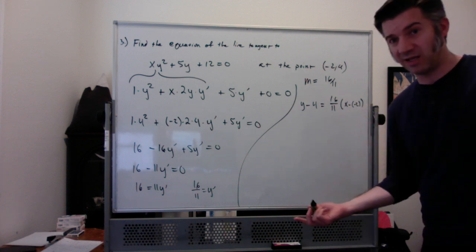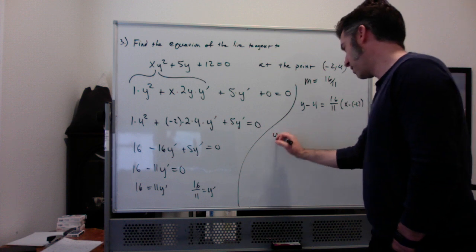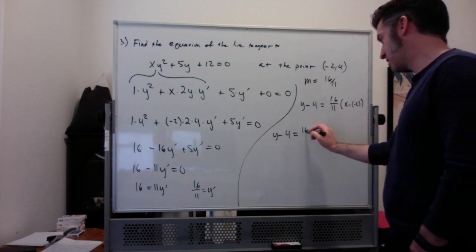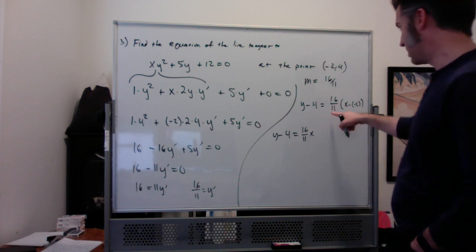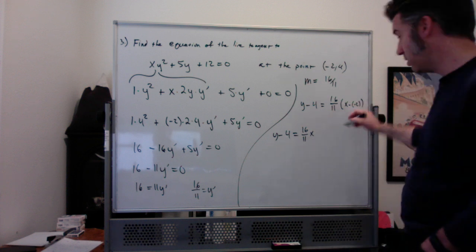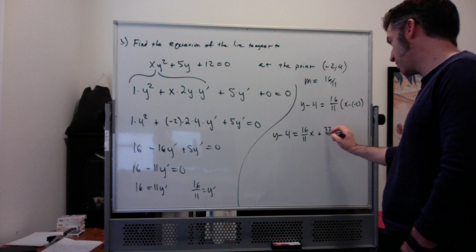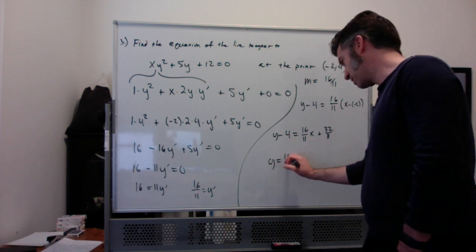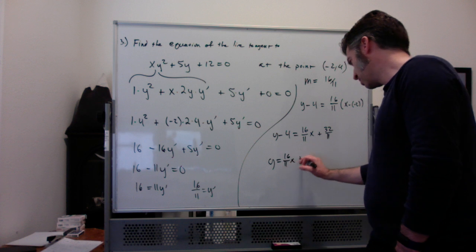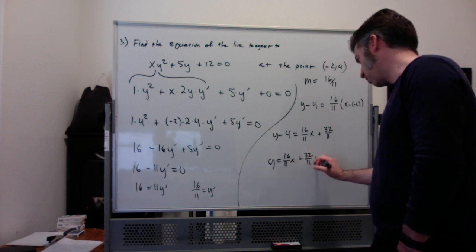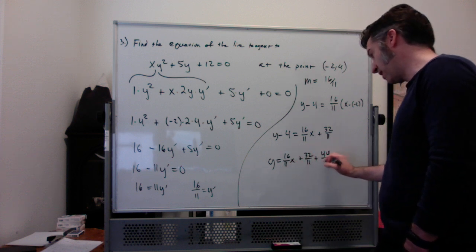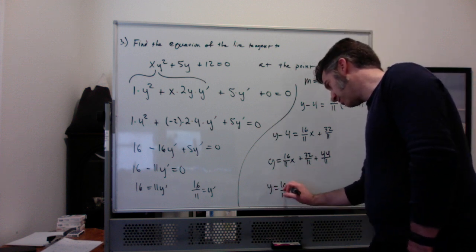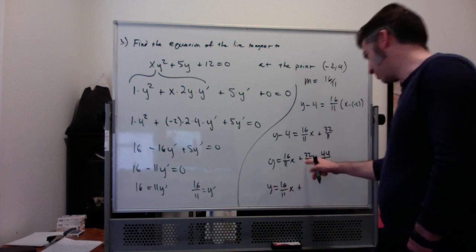Usually they want you to isolate y, so y minus 4 equals, if I distribute the 16/11, 16/11 x, and then 16/11 times 2 is going to be 32/11. I'm going to add 4 to both sides, so y equals 16/11 x plus 32/11, and 4 I'm going to write as 44/11, and then finally y equals 16/11 x plus